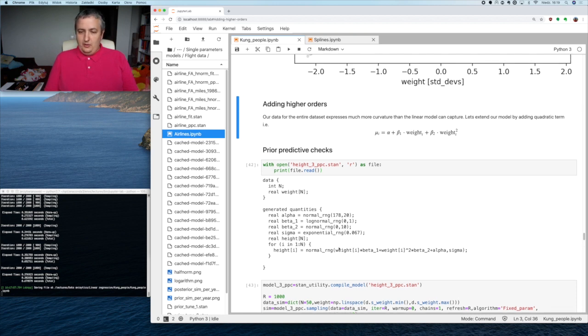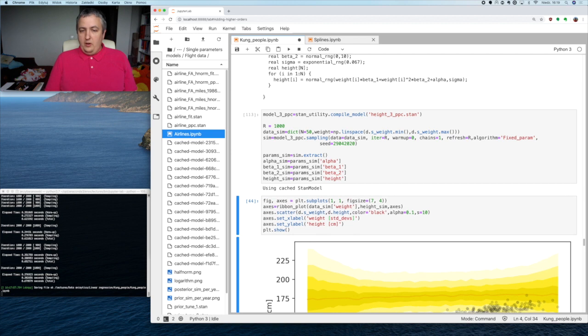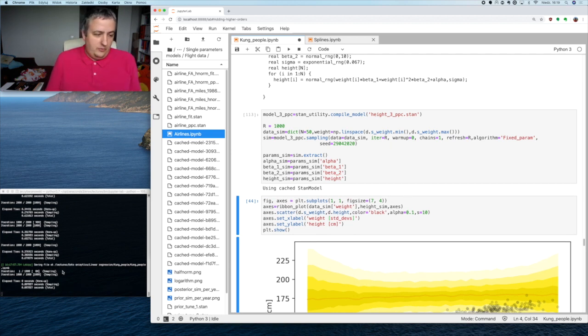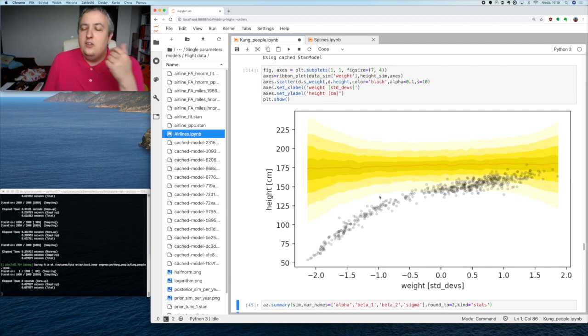We have our model. As you can see, this model is slightly modified by adding the second power of weight and beta 2. So we compile this model and do some fitting. This fitting is of course relatively fast because it's only one chain, and it took us much less than 1 second. We only needed 1000 samples, and as we can see on this figure,